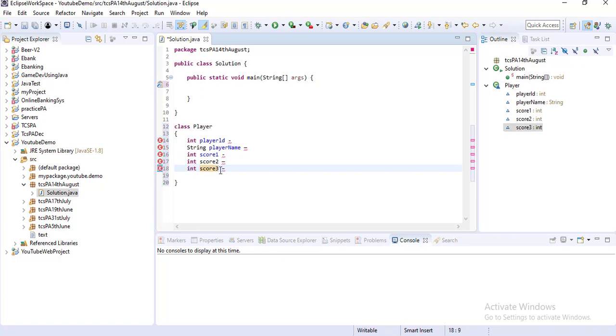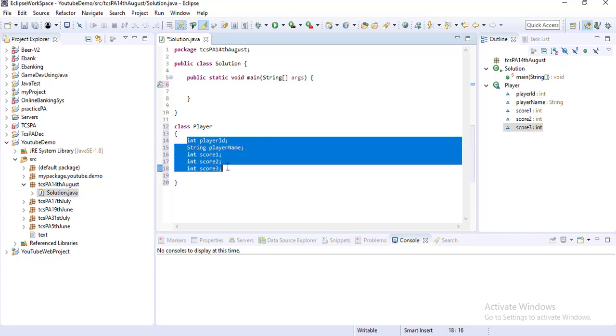Before making these private, give a semicolon for every attribute. This is basically variable declaration. So these are the attributes.